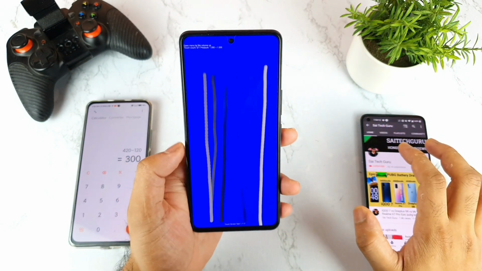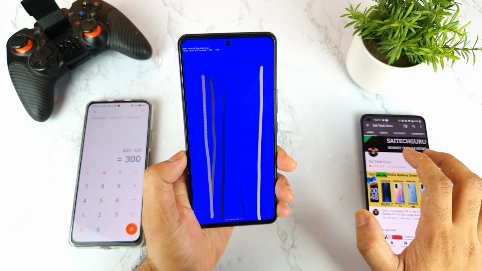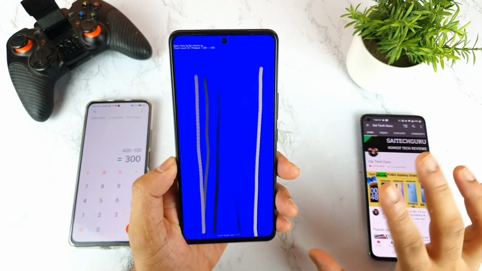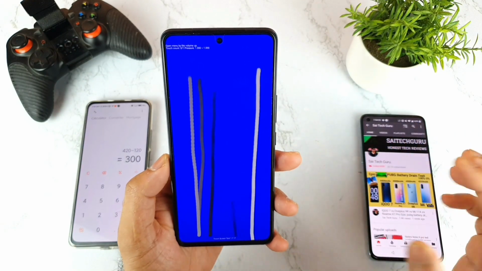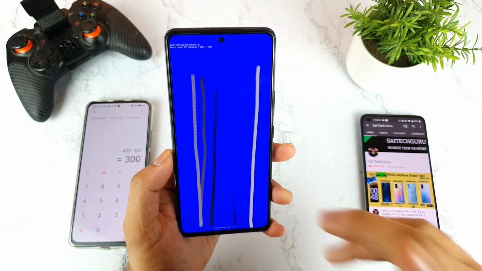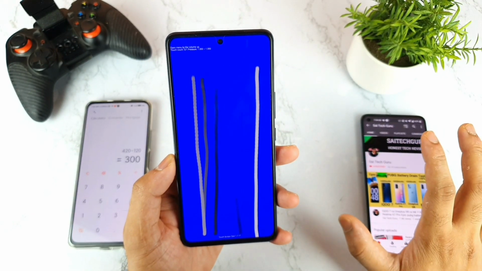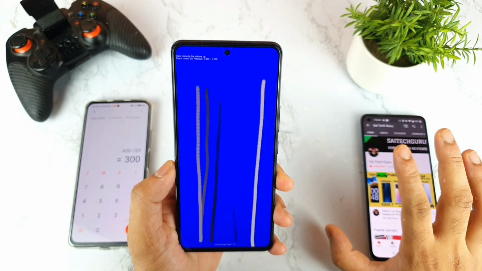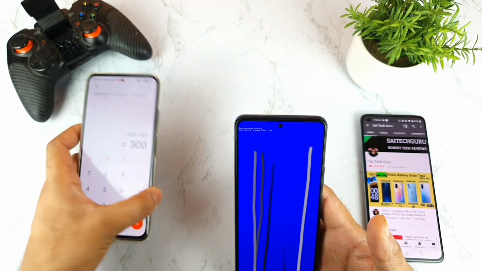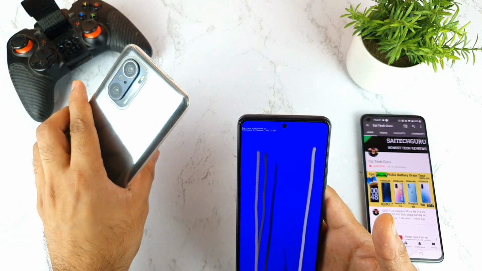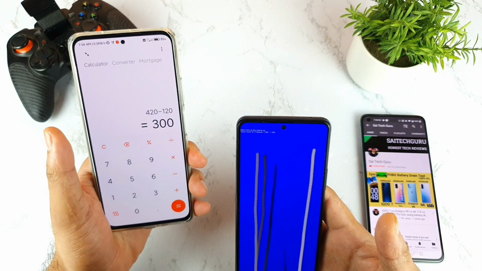So yes, the Ultra Game mode makes a huge difference, and the touch sampling rate is exactly accurate to what the company is claiming, so there is no doubt in that. And so definitely, friends, using this Game Turbo and Ultra Game mode in this mobile phone, and Game Turbo in the MI Linux device, makes a lot of sense in terms of performance improvement and even touch sampling rate improvement as well. Because whenever I ran the benchmarks in Game Turbo mode in the MI Linux device, CPU throttling or AnTuTu benchmark, we got really much better results in this MI Linux device.